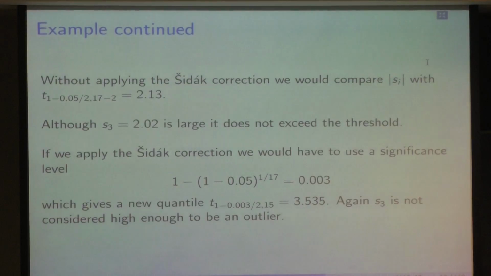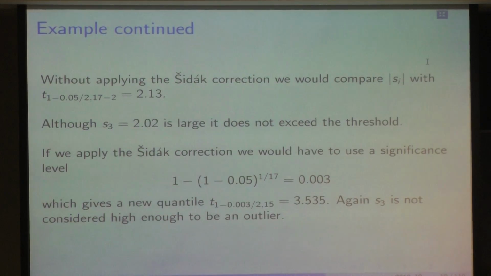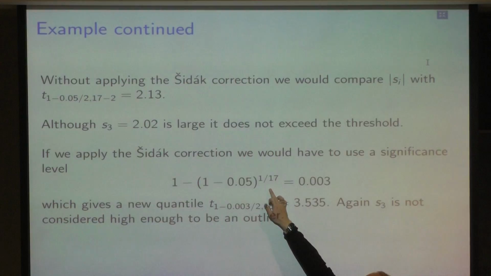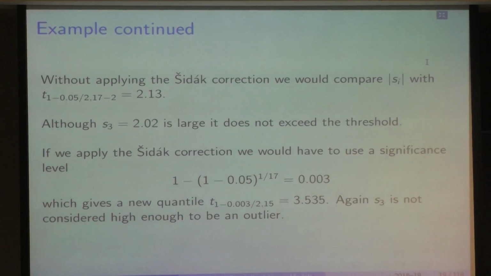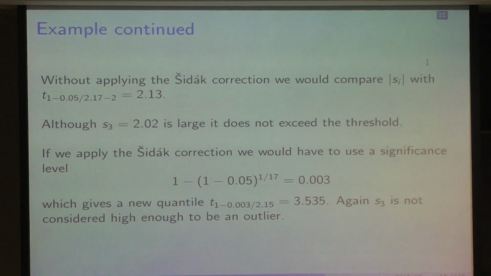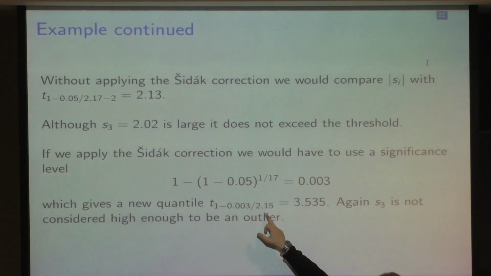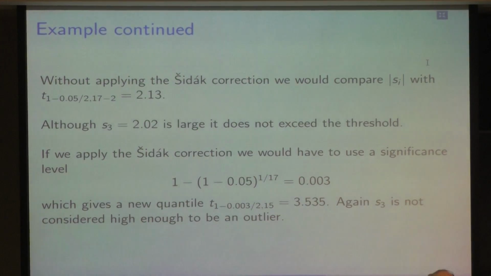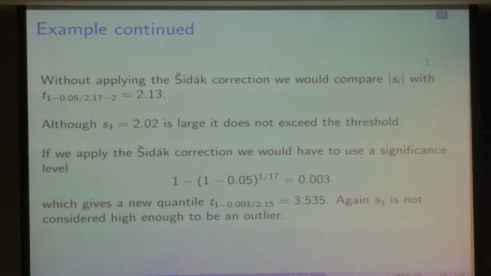If we do apply the Šidák correction, then our significance level, instead of the 0.975 there, we want to take our 0.05 and apply the Šidák formula. 17 data points, so you take 1 − (1 − 0.05)^(1/17), and that gives us 0.003. So we actually want to look at the t-distribution with 15 degrees of freedom and this quantile, 1 minus 0.003 over 2. Now that quantile